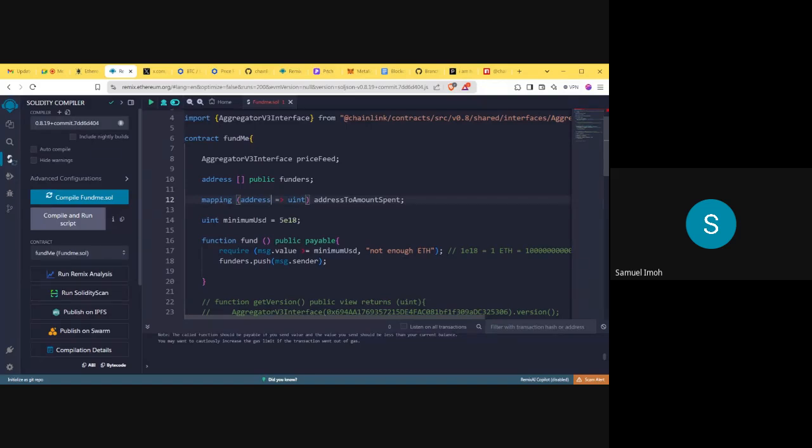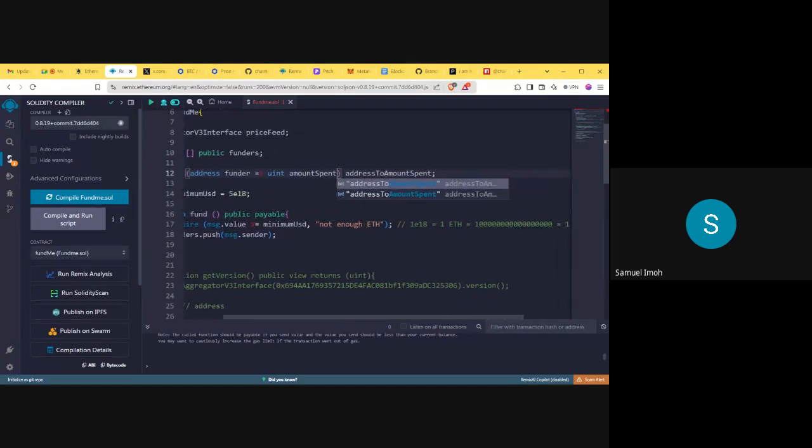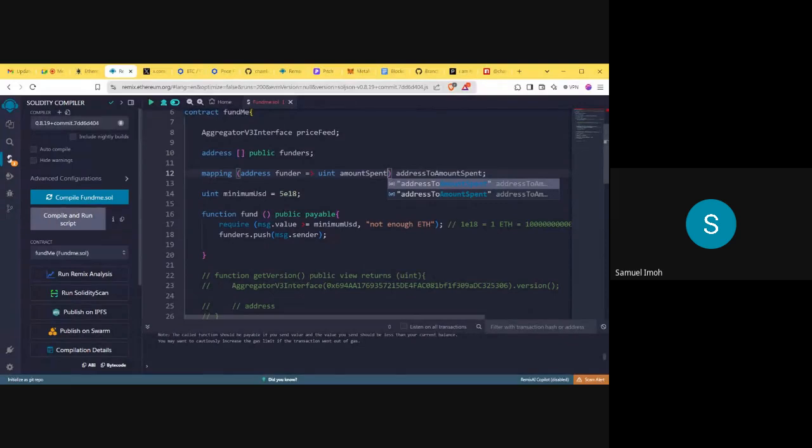So we can call this one funder, and we can call this guy amount spent. All right, so let's see, this compiles without any error. Now what we are doing is that we are trying to make this code readable, so that when somebody comes